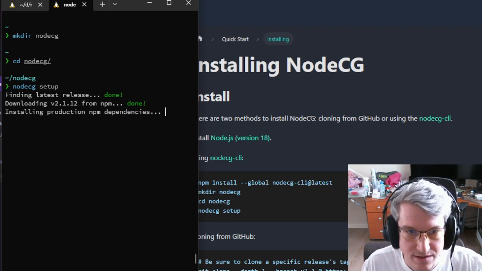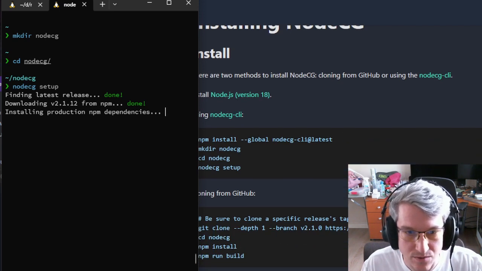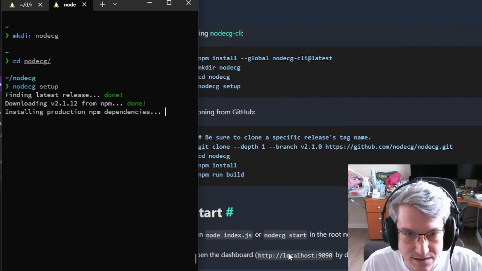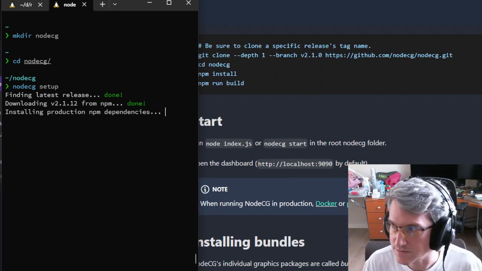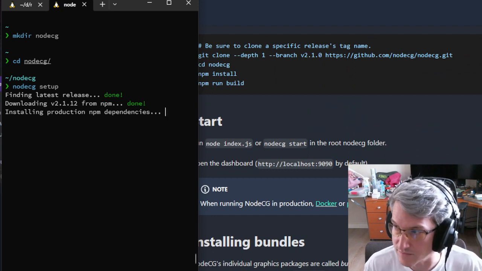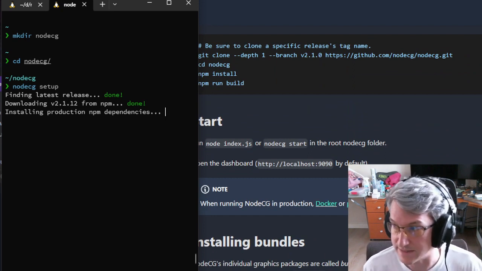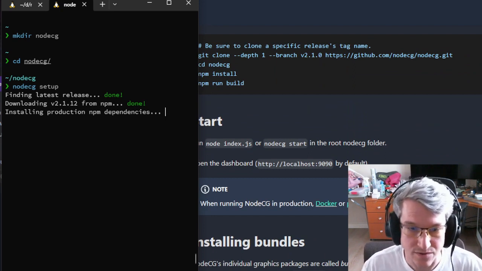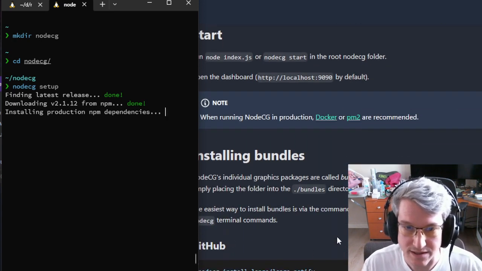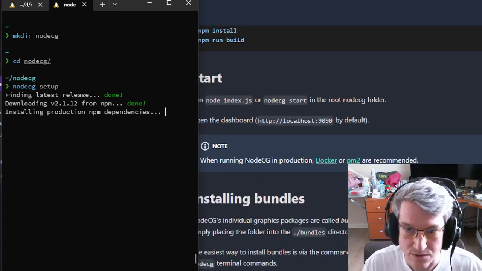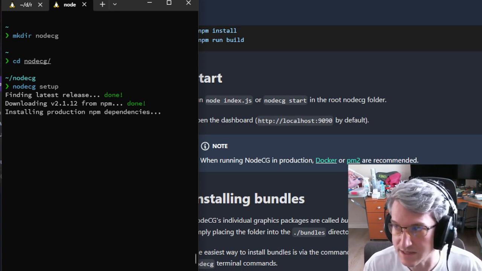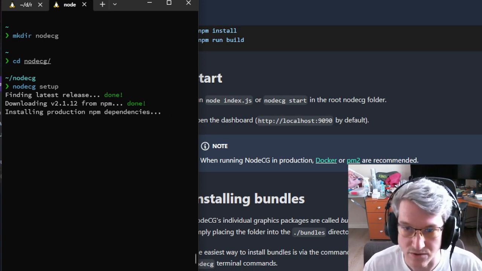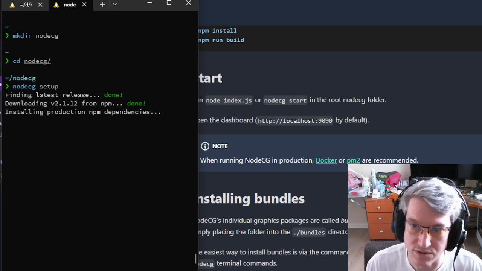While this is running, I can show you where we're going next. We're going to have to install a bundle. A bundle is a pre-built package of functionality for NodeCG. NodeCG does basically nothing on its own. The bundle that I've built is called SMX Tracker, and it will track your StepManiac scores in real time, updating once every 10 seconds in the background, and then you can turn some summaries of your scores into an overlay